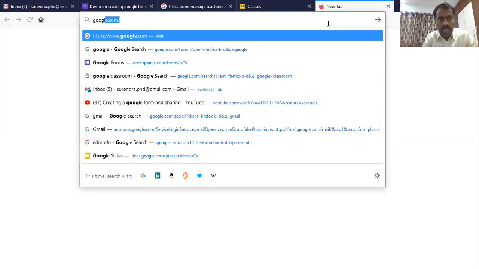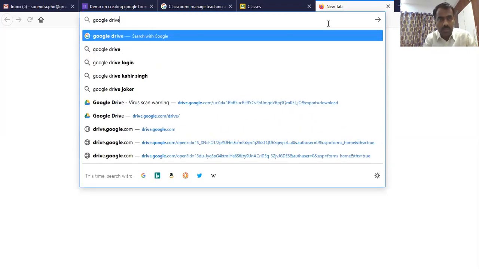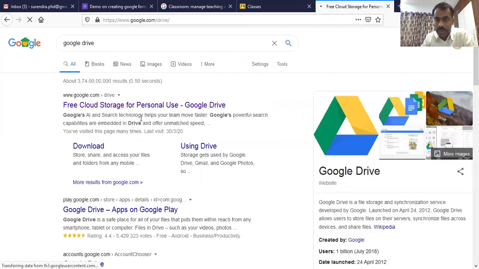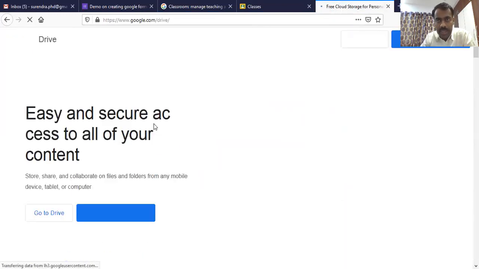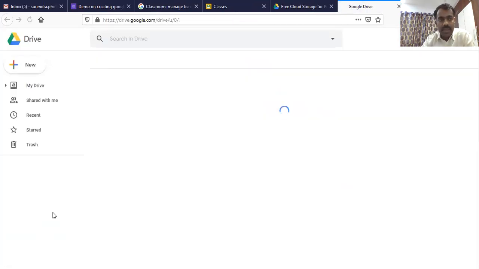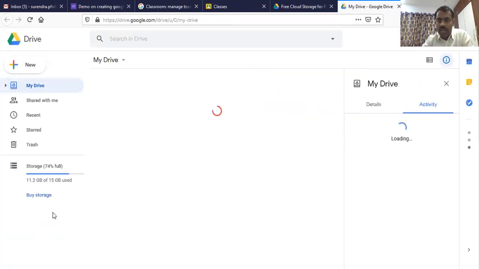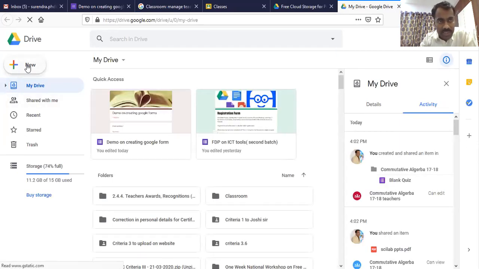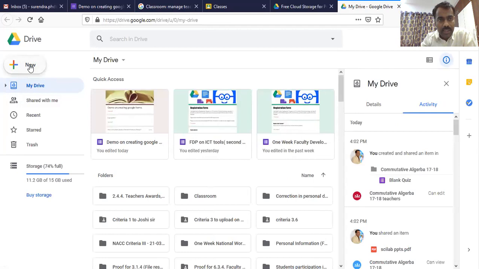So just go to Google Drive. If we go to Google Drive, it says free cloud storage for personal use, and then again it asks for email ID. Go to Drive. As I have already registered, it takes me to this Google Drive. This is how the Google Drive homepage looks. Here you have the plus new symbol, so you can create.